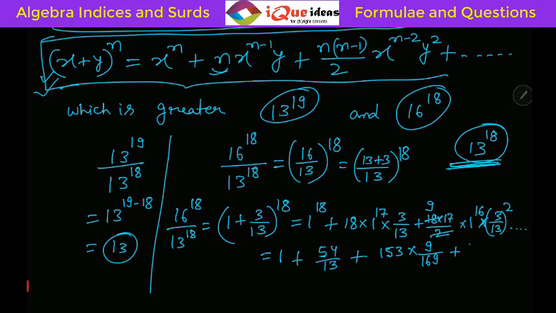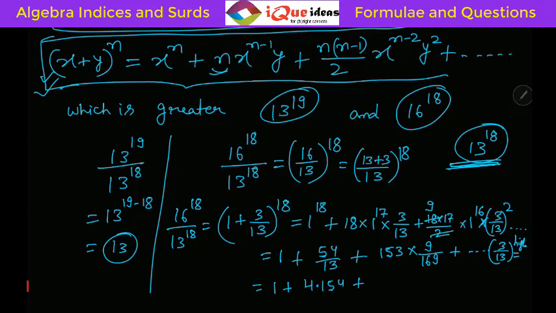Now after this, the numbers will have higher powers of 3 by 13. Right? Now the higher powers of 3 by 13 will become very, very small. So we can ignore them. Right? Now let's calculate the remaining values. So it is 1 plus 54 by 13. If you divide with simple division, you will get